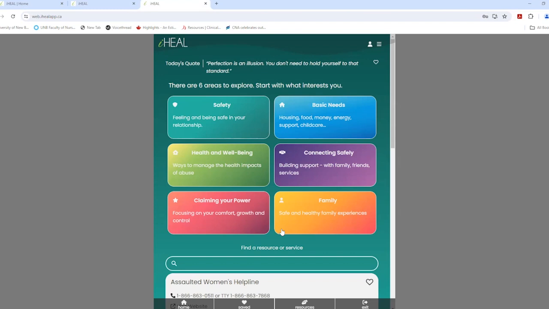These are the areas that we know are important to women and that women typically address when they are in an abusive relationship, leaving, or have left an abusive relationship. So areas that are important to women are her safety, her basic needs, health and well-being, connecting safely, claiming your power, and